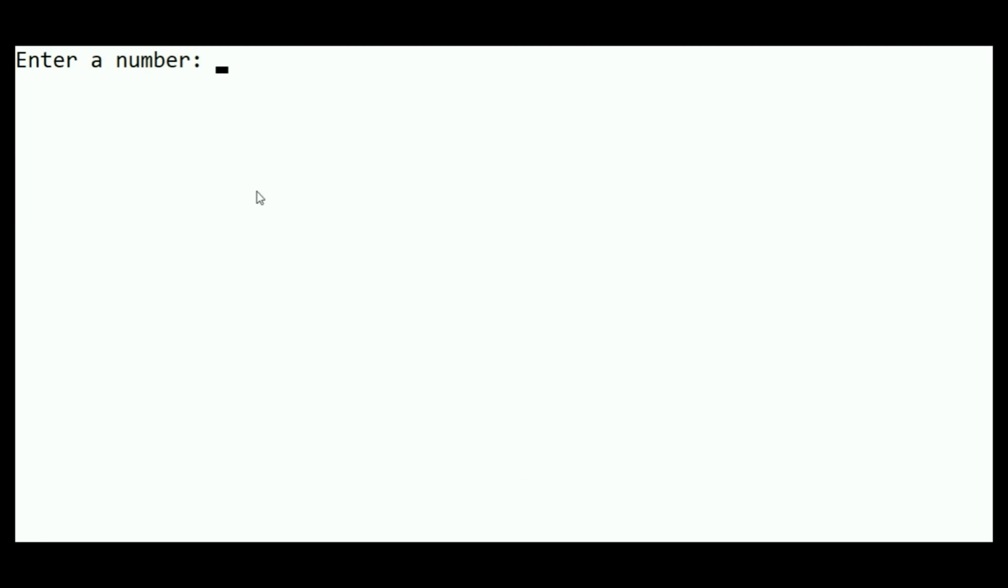So now you can see the "Enter a number" prompt, and it is now waiting for us to make an input. Okay, so if I input the integer again or any other integer,